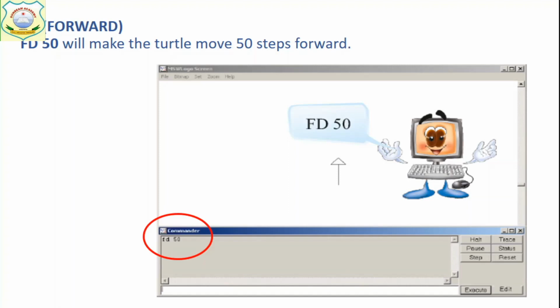Here the number of steps is 50. So how can you write? You have to write FD space 50. What will it do? It will move the turtle 50 steps forward. Okay? See?